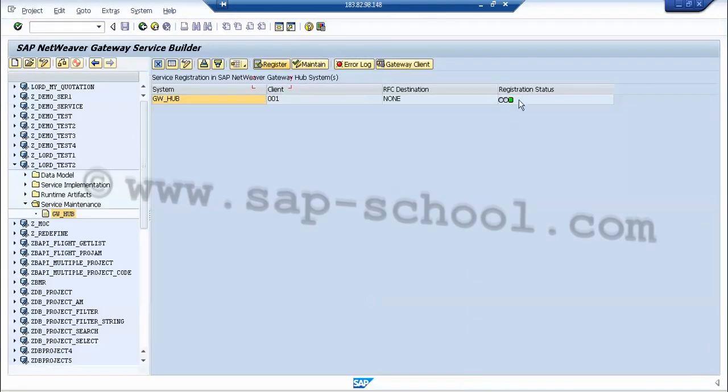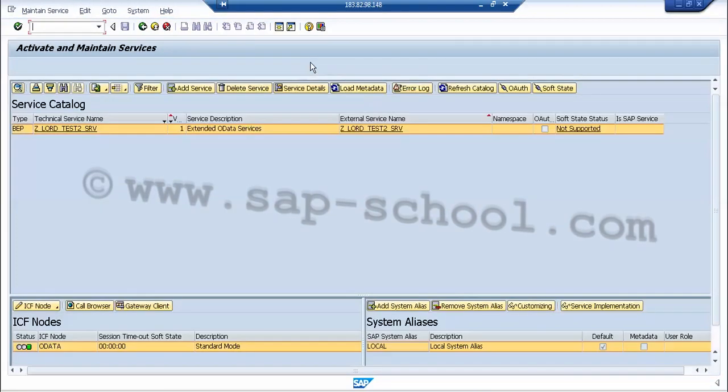So now this is the status screen. Then I have to click on this maintain. So here I can see that our project is added to the service catalog. So we can see our service and the project both are added to the catalog. So now we have to go to the SICF transaction.